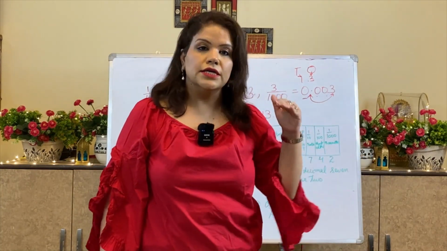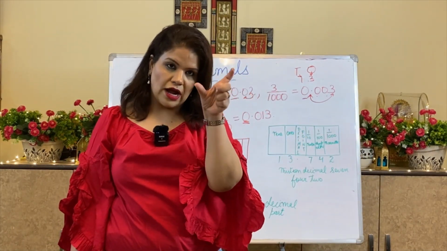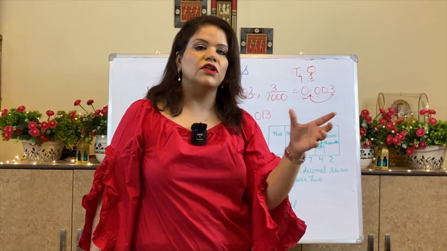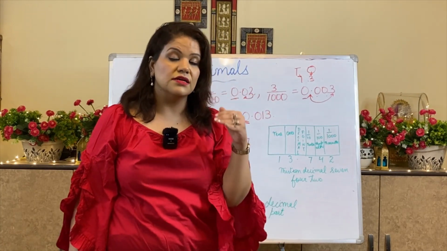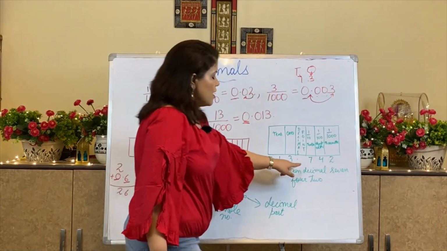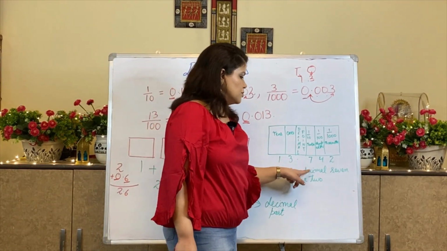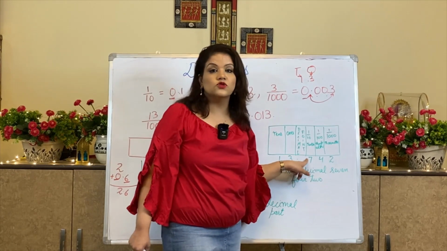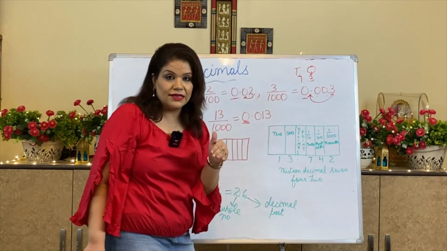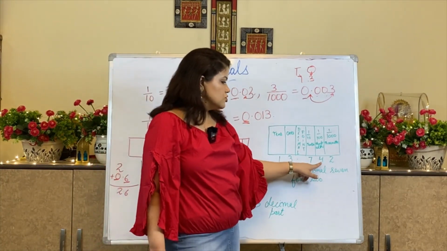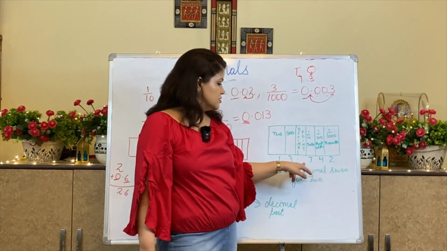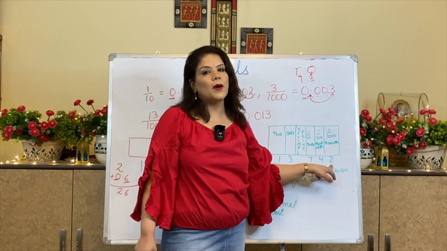We will read it as 0.742. 13 was a whole number, so that number will be read as 13. But after the decimal, whatever number is there, we will not read it as a whole number. We will read it as a decimal number, 0.742. Now why are we reading it this way? Because 7 is 1/10. This decimal is showing me 1 by 10th. Clear? And this 4 is showing me 1 by 100. That means it is 4 by 100, this is 7 by 10, and this is 2 by 1000.